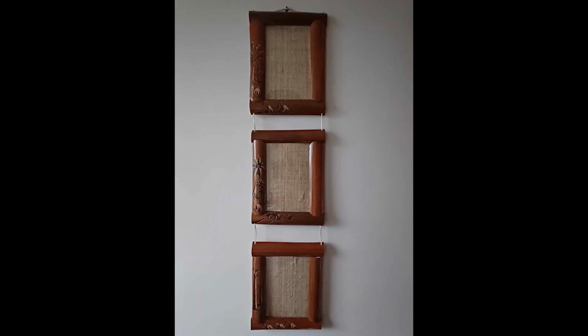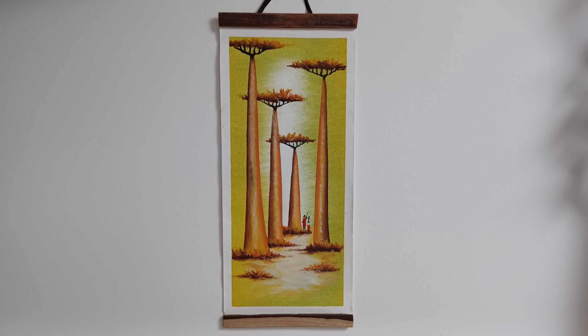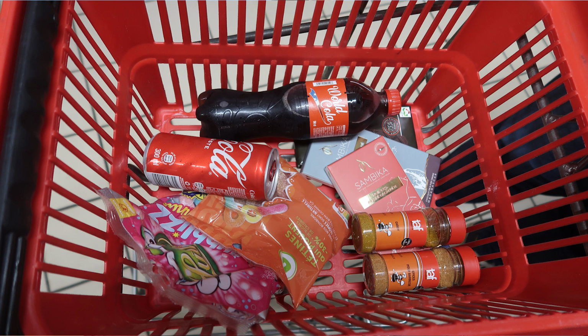There we go, that was the market. We only saw a little bit of it. A lot of the shops were selling similar things to each other. We've got quite a bit. I've got some photo frames, I'm going to put some Madagascar photos in them. And I've got a beautiful painting. Yeah, I think I'll go to the supermarket just to get some sweets and stuff for Tristan's kids and some